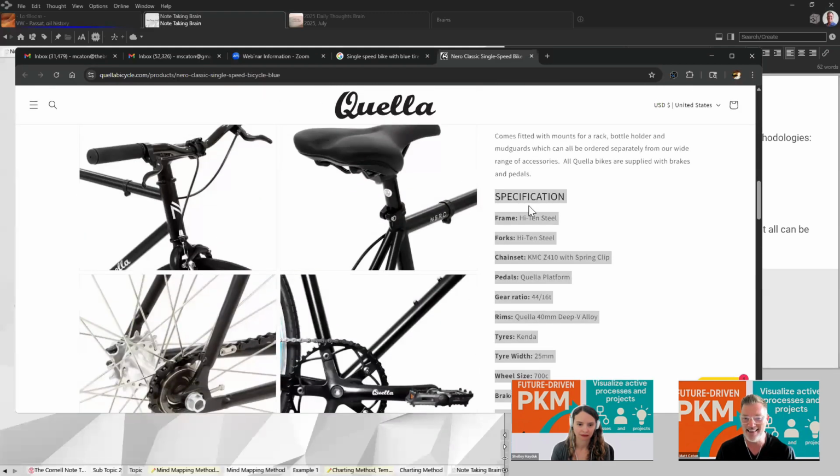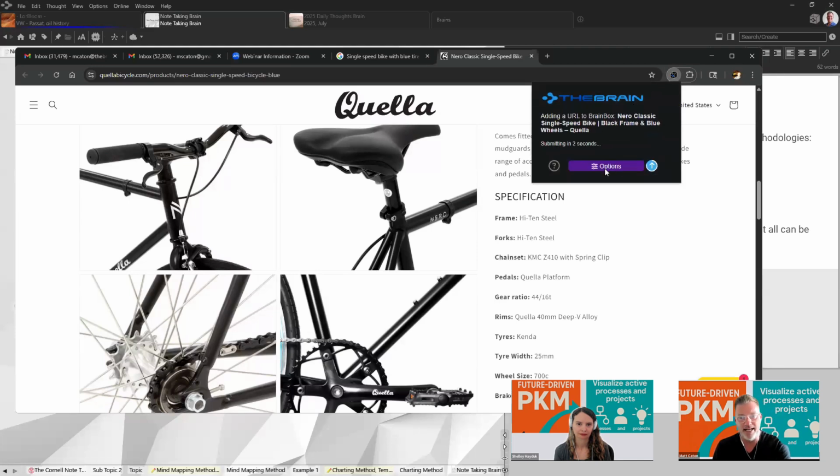I'm going to select that content. Now, I could select nothing. Maybe I should do that first because it's kind of fun. I'm going to select nothing and I'm going to hit the Brainbox icon. The Brainbox icon is an add-on in your browser. So I'm in Google Chrome. If you go to the Chrome store, you can look for browser extensions and Brainbox will be there. Or you go to thebrain.com/brainbox and there's all the different information about the different browsers that are out there and how you install Brainbox to your browser. So I've got Google Chrome, I click on Brainbox,